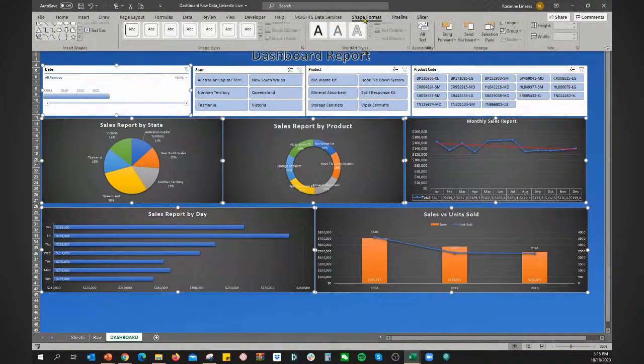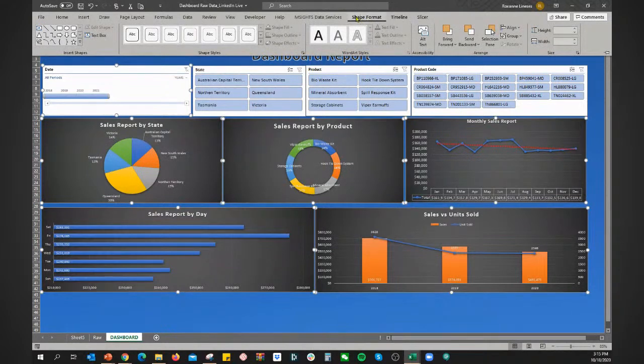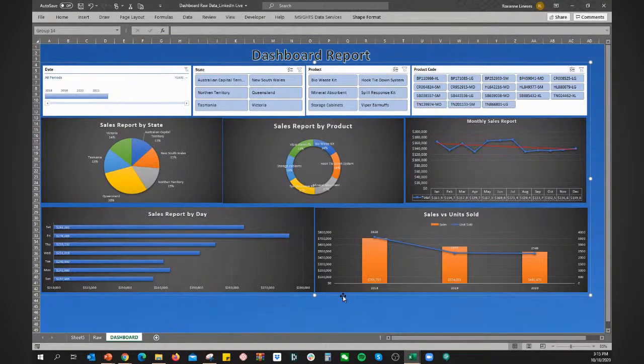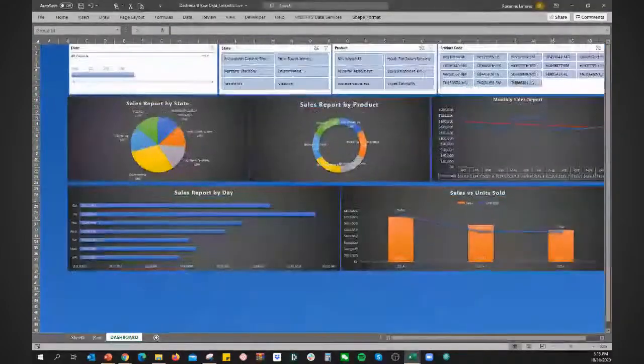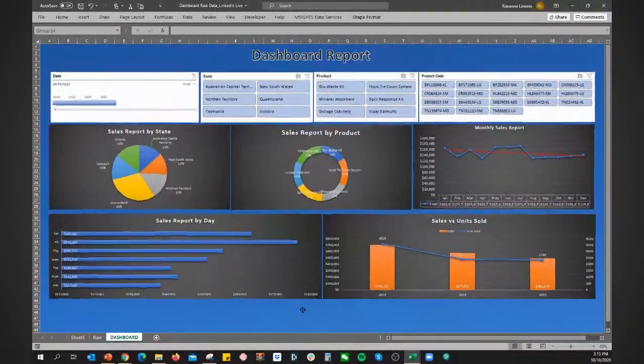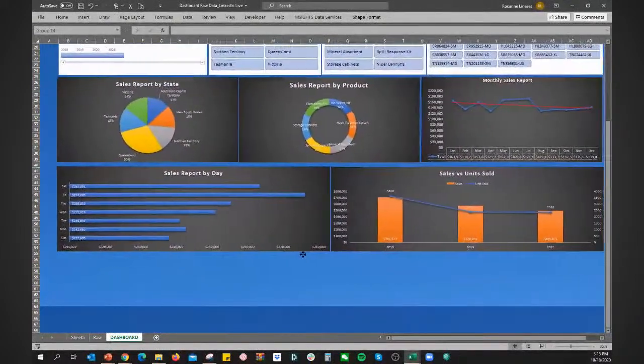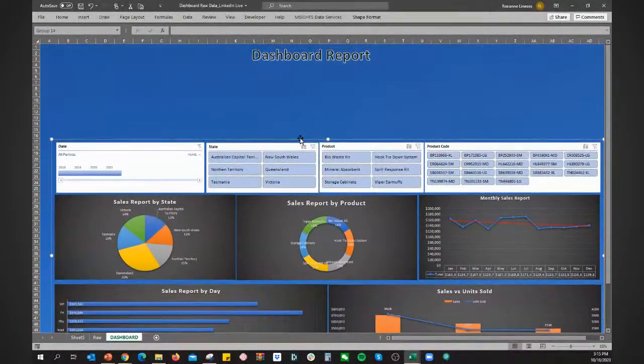Yan. Tapos, we can select shape format dito sa taas, and we can click group. Ayan. So, once na nag-group na lahat ng object na yon, basically, eto na siya guys, naging parang isa na lang siya. No? So, ang mangyayari kapag nagta-transfer ka ng report sa ibang location, pwede pag gusto mo i-adjust ng konti,